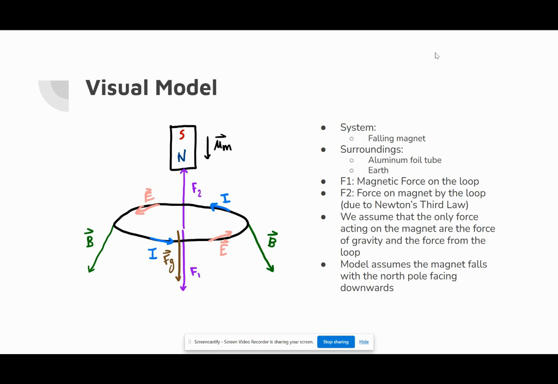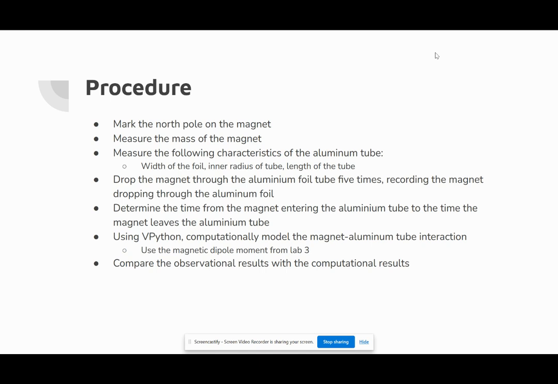And then we assume that the only forces acting on the magnet are the force of gravity and the force from the loop. And the model assumes the magnet falls with the north pole facing downwards. For a procedure, we had to mark the north pole on the magnet, measure the mass of the magnet, measure the width of the foil, the inner radius of the tube, and the length of the tube for the aluminum tube, drop the magnet through the aluminum foil a few times to record the magnet,